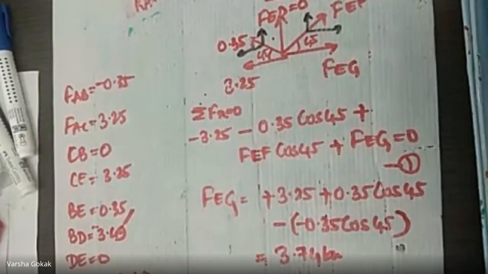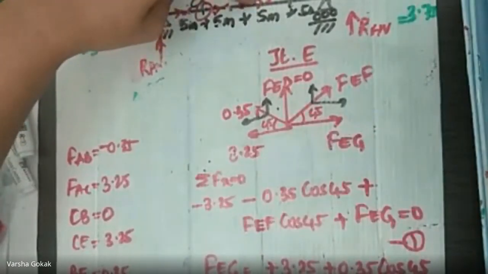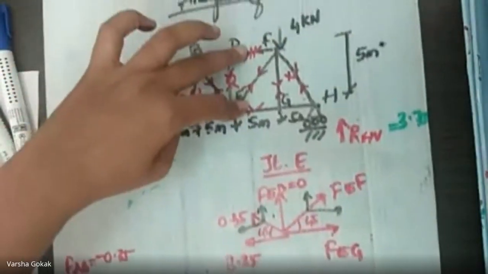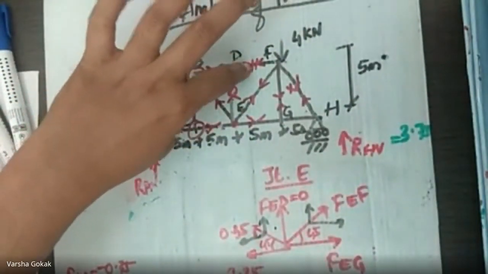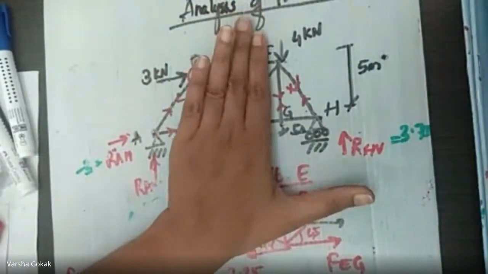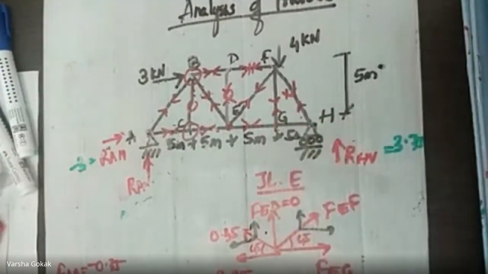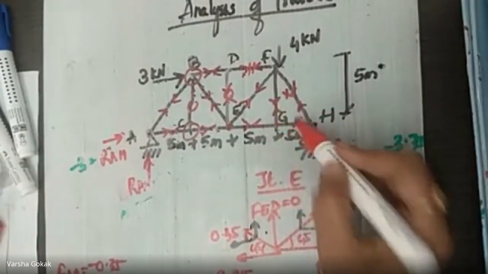Yes, ma'am. Anybody else has solved? Yes, ma'am. Same answer. So we did D and E and we got these values now. Correct? Now we are done with DF also. So till here we have done. Now we are left with these three. Correct? So next, which joint shall we go? Shall I go to G? Because G has 1, 2, 3 only. Right? So next we will go to joint G.